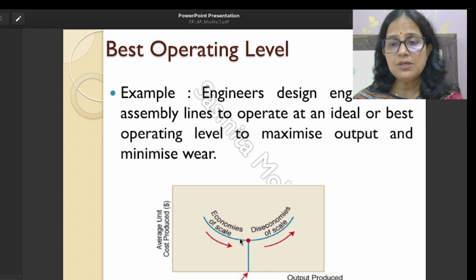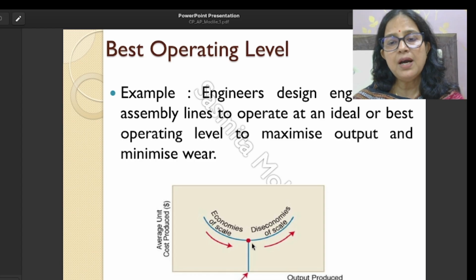As we all know, what are economies of scale? When we go for producing on a mass scale, the unit cost of the product is decreased or minimized. The unit price is reduced. That case is called the economies of scale. Take the example of a soap cake. When we manufacture, we always manufacture on a mass scale so that the unit cost of the soap cake will be very low or minimum.